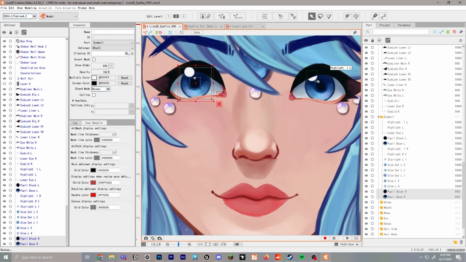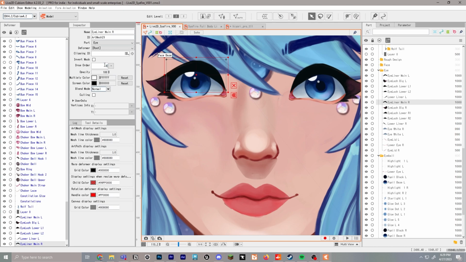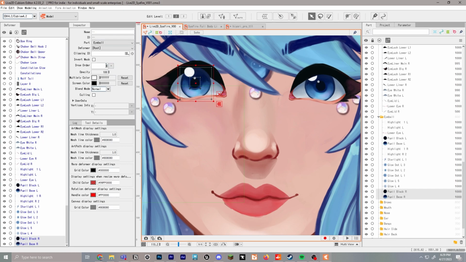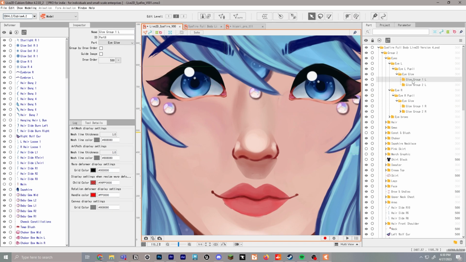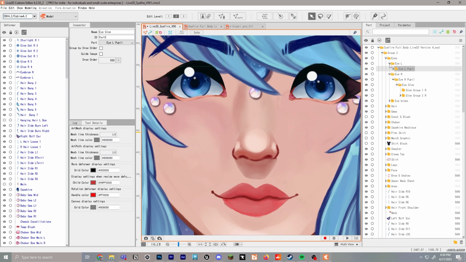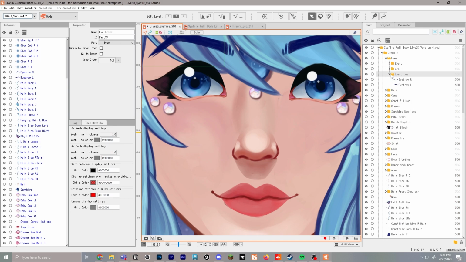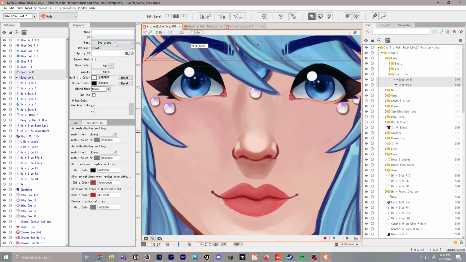And now I'm going to change the eyelash to actually 995, so we're kind of going to do an in-between. I'm going to pull the pupil back to 992 so that the highlight actually comes in front. So again, it just kind of works like layers. You can use whatever number works well for you. Just make sure everything's looking right with your draw order, and you can always go back to your Photoshop file to check for reference. Once I'm through with a folder, I'll usually close it up so I know that it is done. The eyes should be done, and for the eyebrows, we're going to move them to the brows.